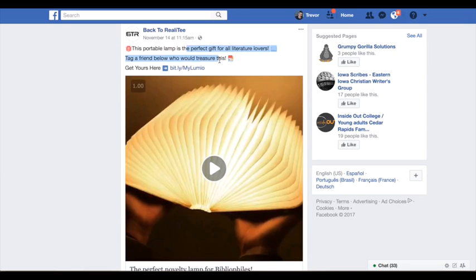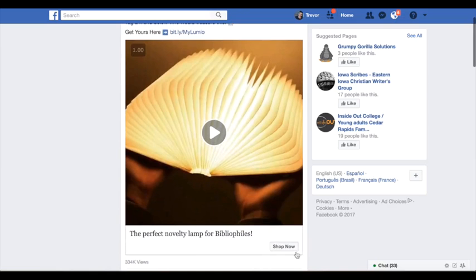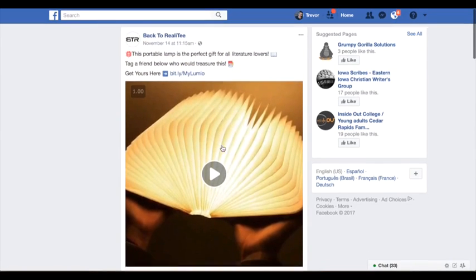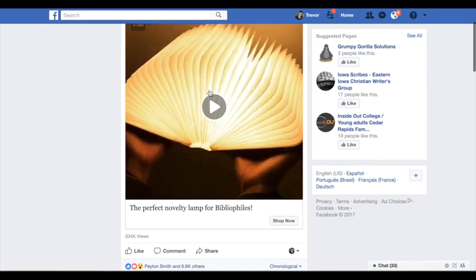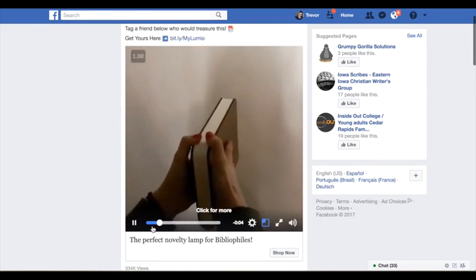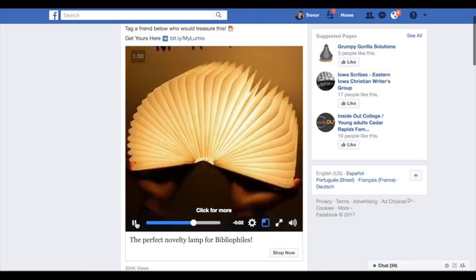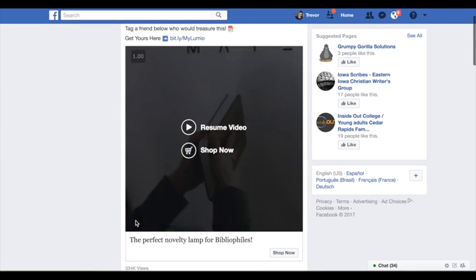It doesn't need to be more than 2-3 sentences max. And obviously having a link in the copy is important, as well as having a link down here, which we'll show you how to set up when we dive into that. Video ad, super important though. You need to have a video ad. Even if it's something like this, I know this is a product that's sold on AliExpress,